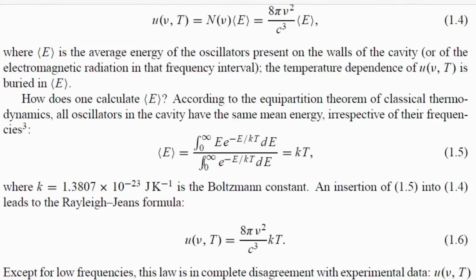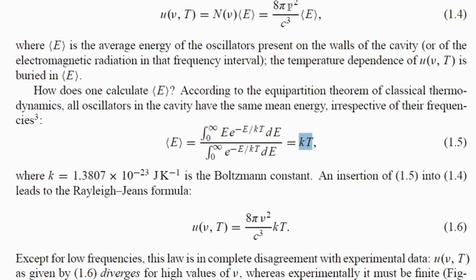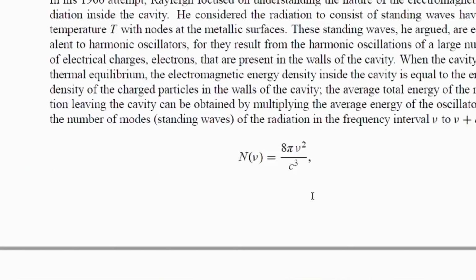You possibly derived this equation in B.Sc. If you multiply this 8 pi nu squared over c cubed with this average energy kT, you can write the Rayleigh-Jeans law. And if you plot this Rayleigh-Jeans law, it will follow like